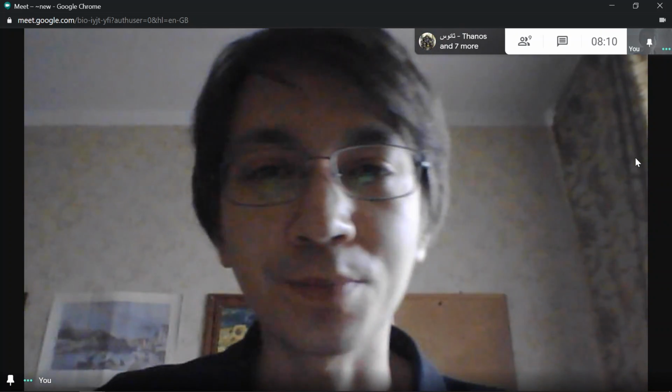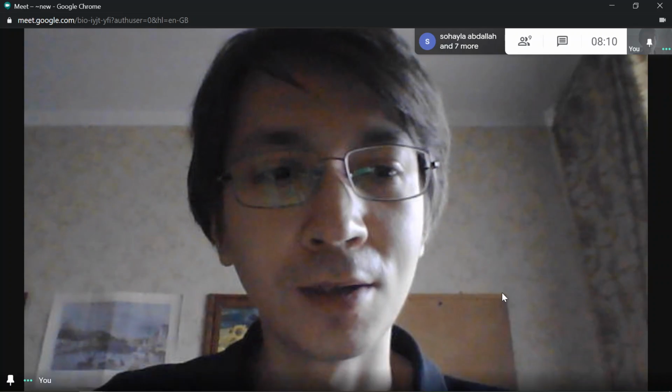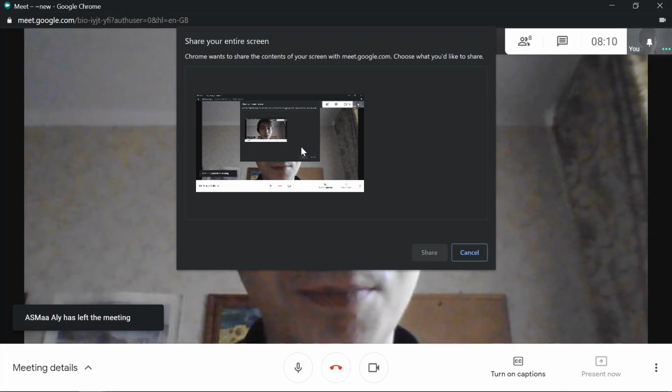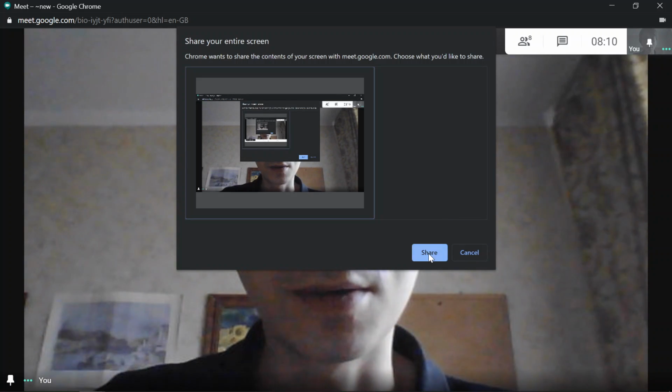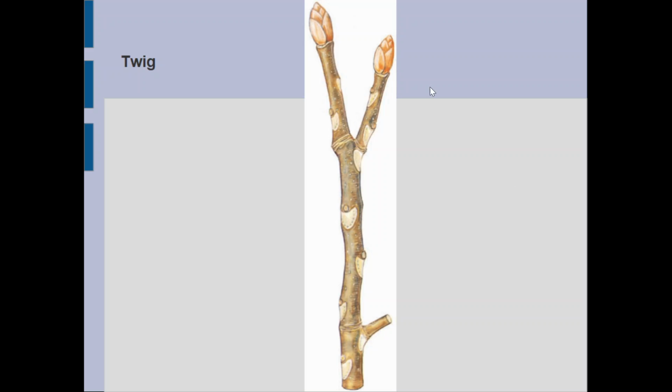The stems consist of the different parts, including the following: the buds, so here at the top, so this is a twig of the